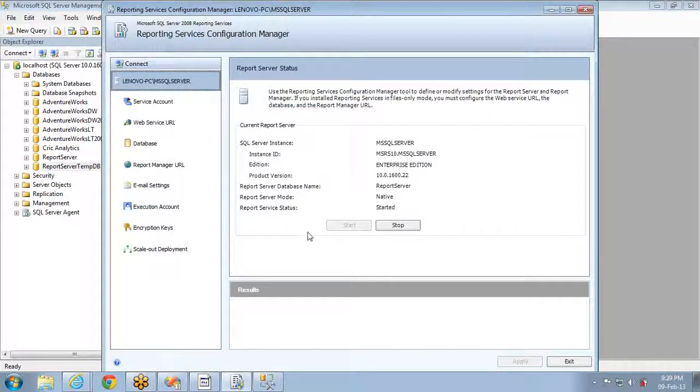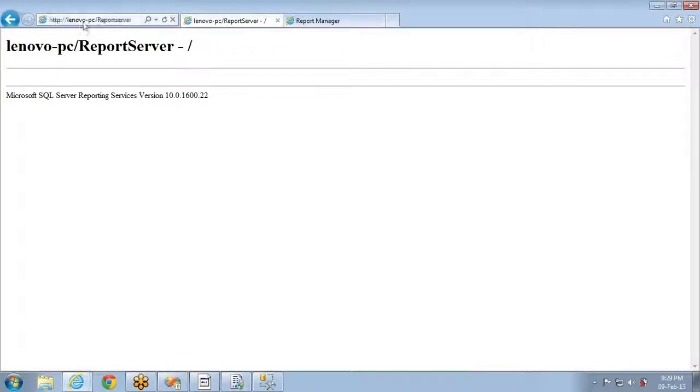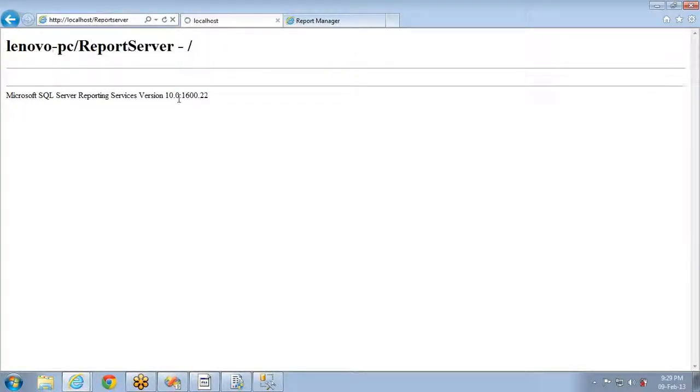Now there are a couple of other things which you have to see, which are very important for the deployment part. Those are report manager and report server. So this is my server name, http://localhost/reportserver. This is the server where you will deploy your reports. If it is my local computer, it will be like this: localhost/reportserver. If the server name is XYZ-235, then I have to give XYZ-235 so that it will connect to the particular report server.